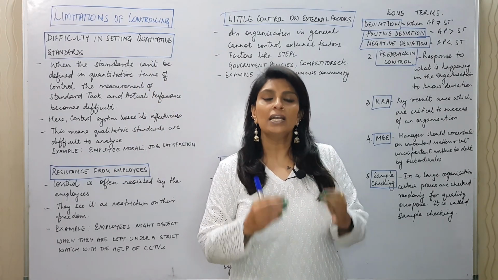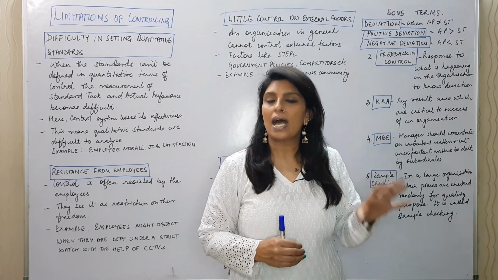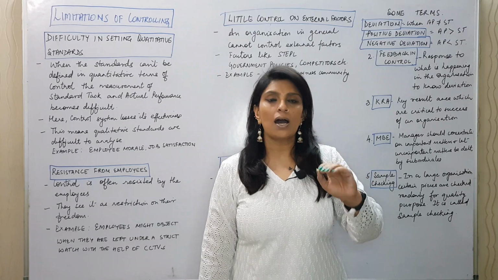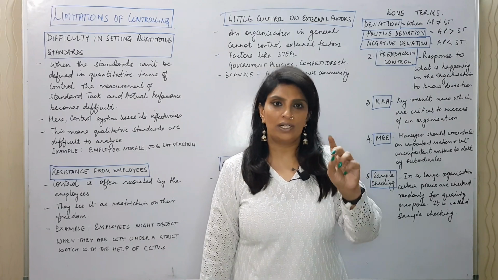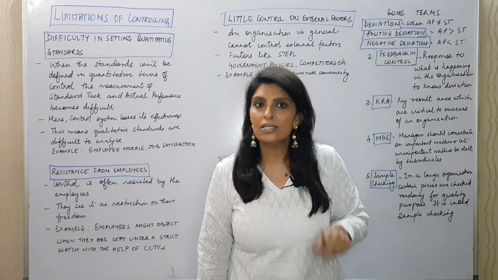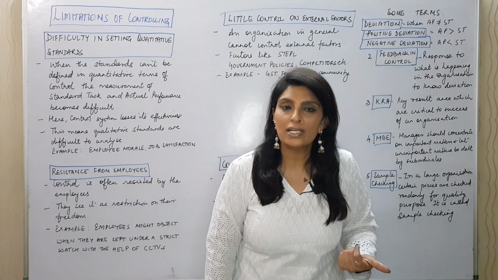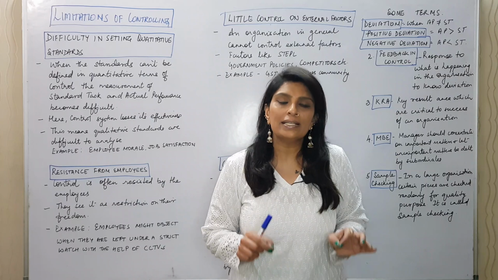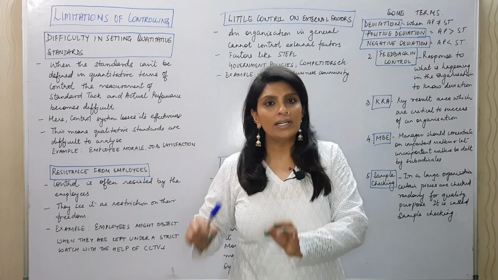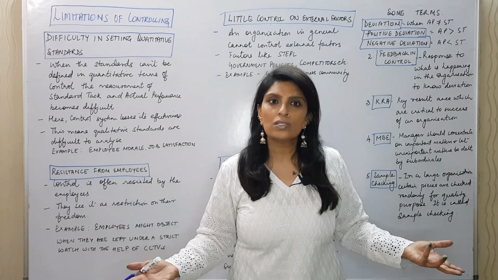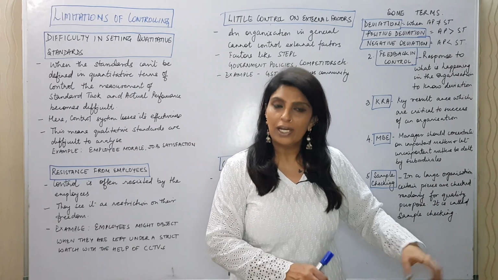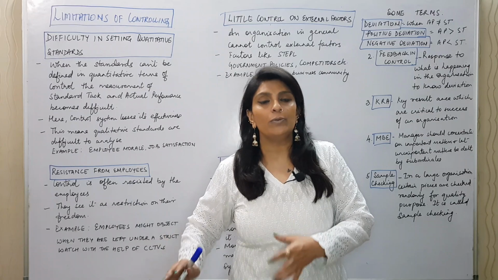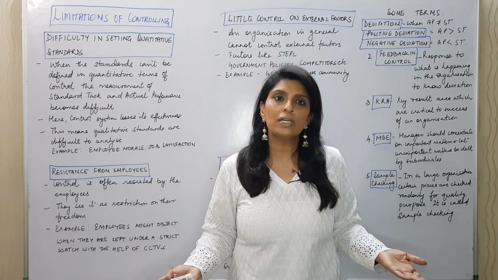Limitations have been taken after the process, because in the process I explained to you that the standards are of 2 types, quantitative and qualitative. Which are easier to set? The quantitative. Which are not easier to set? Qualitative. So when you have difficulty in setting quantitative standards, control is not possible. With qualitative, it is already not possible, and with quantitative, not being able to set it properly will be a much more difficult task.